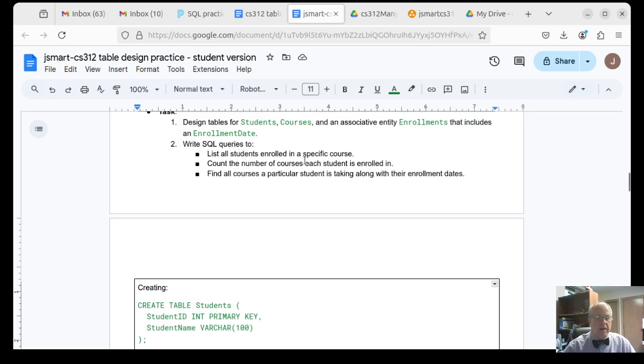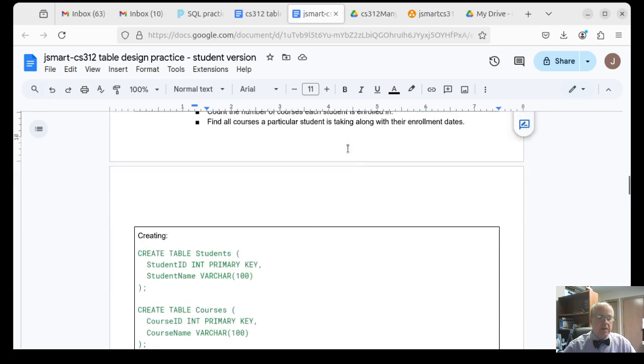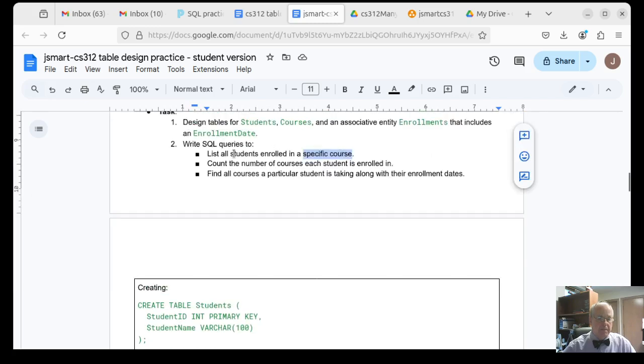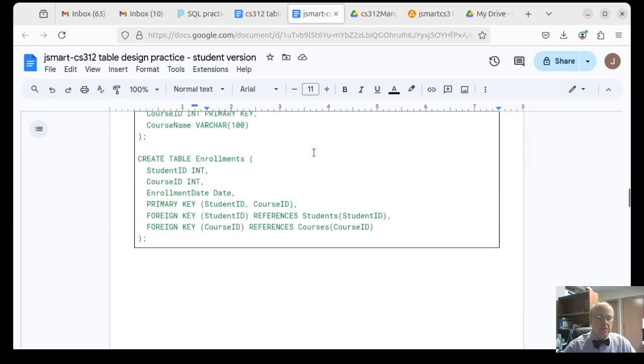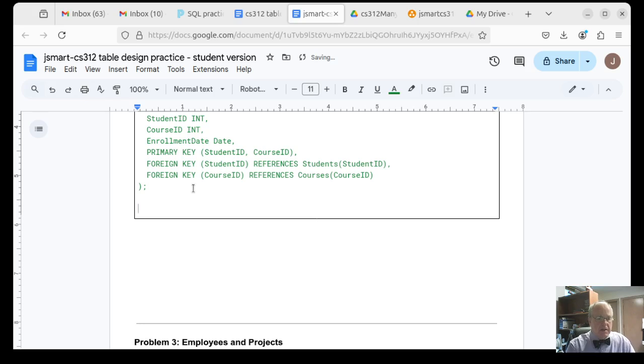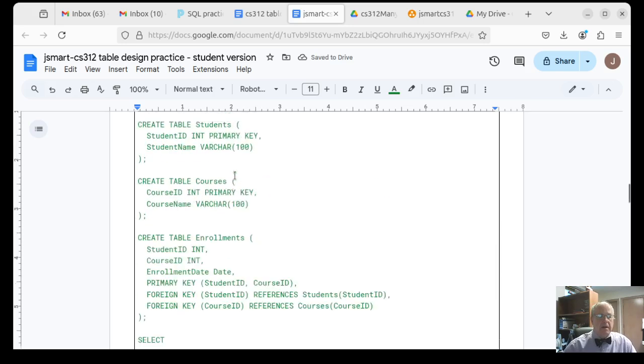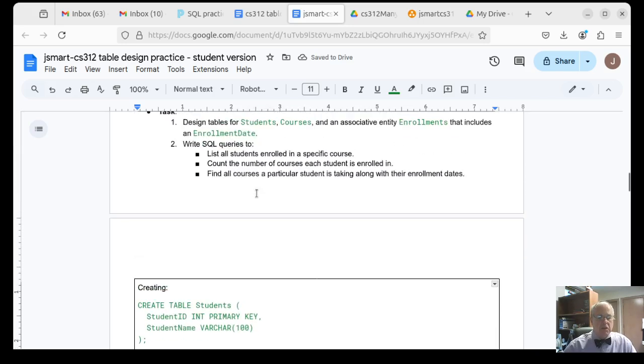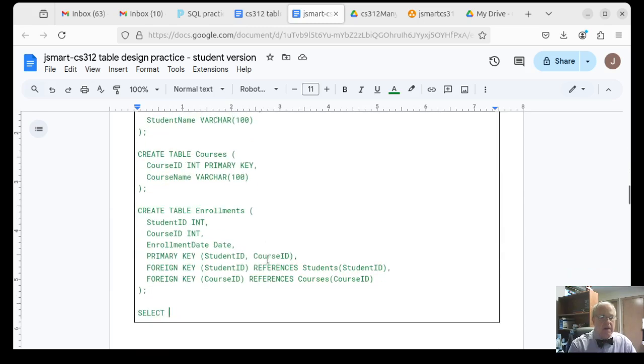Let's do that. And let's go by specific course. We'll just refer to it by the course ID. It'll make our queries simpler. So I want to list the student name, and I might as well list the course ID, just to verify that when I see the listing, I'll know that's the course they're signed up for. So let's do a select. What do I want to get? I want to select the students, right? Let's say s dot